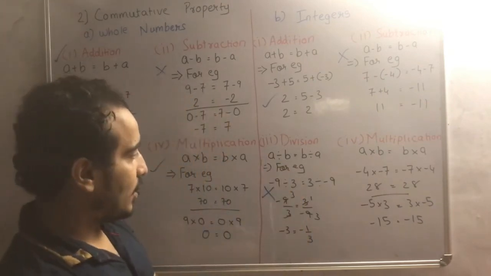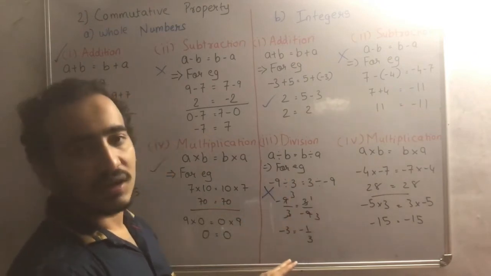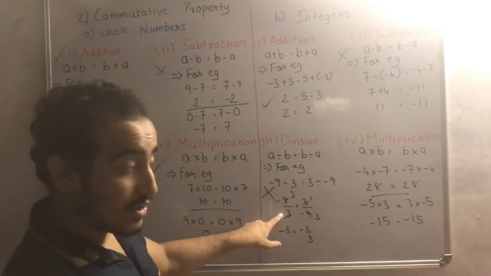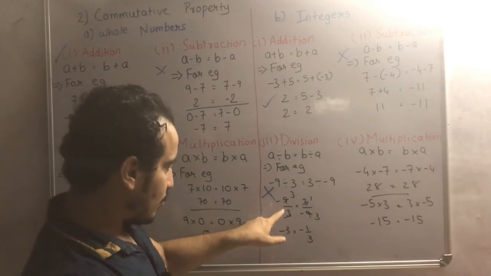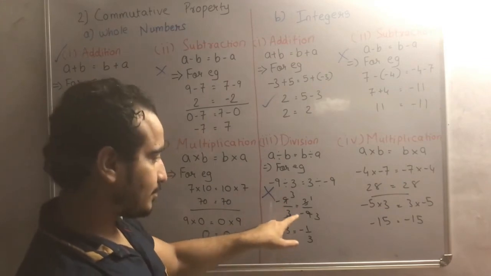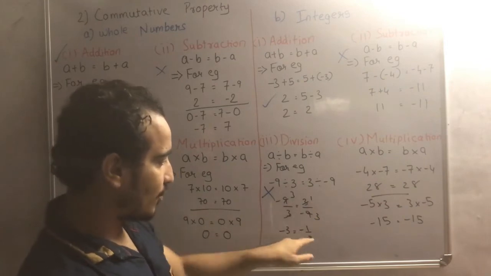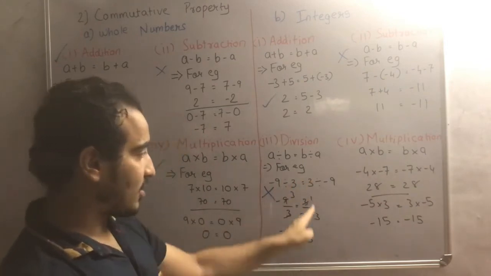Okay. If you are confused with this part, we can clear it right now. See, if it is in division, we have to write in the denominator: 3 ones are 3, 3 threes are 9. Okay, so minus 3 is the answer. 3 ones are 3, 3 threes are 9, minus 1 upon 3 is the answer. So now I think you understood this confusion.